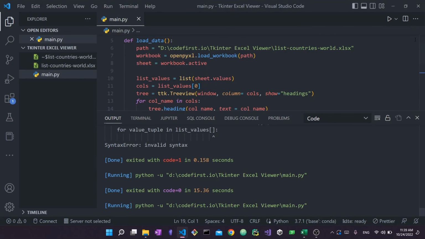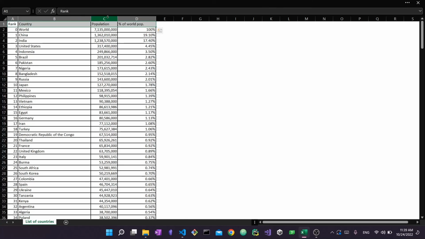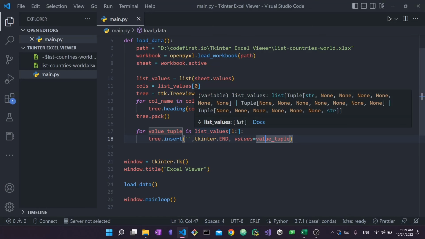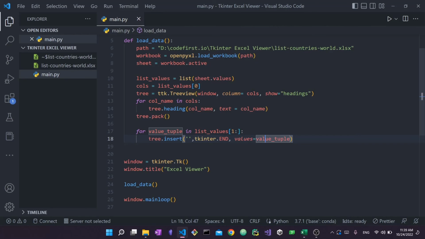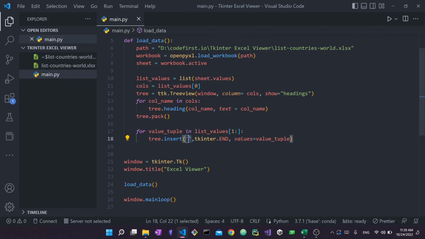Okay, how did this work? I got each value tuple in list values. Each value tuple will represent a row. It will represent these 4, or maybe these 4, and so on. So this is what we get when we say for value tuple in list values. Then I just said tree.insert. Here I basically inserted the parent as nothing. This is because the tree enables you to actually have a hierarchy,